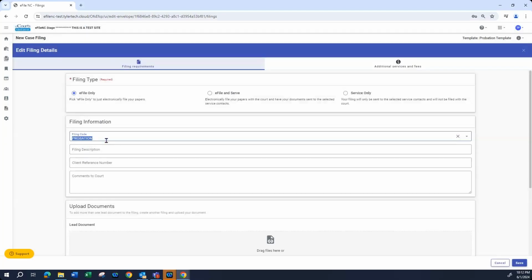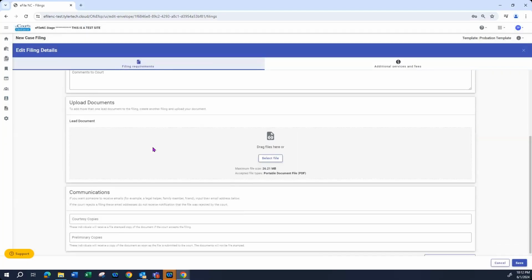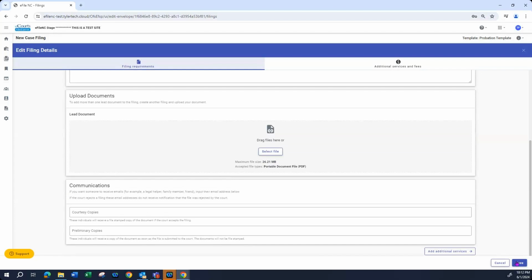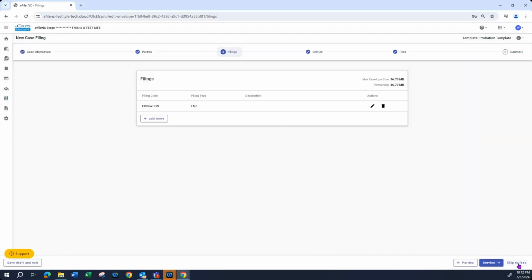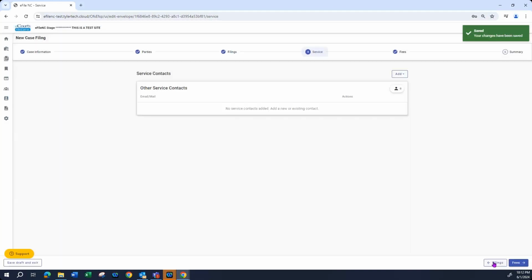Moving forward to the 6th and final step, we see here that instead of submitting, we would select Save Template. This has now saved our probation template and now has this template available for us to use whenever we are filing a case. I'll demonstrate now by returning back to our dashboard,